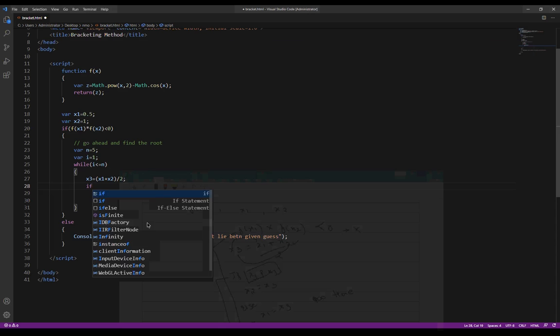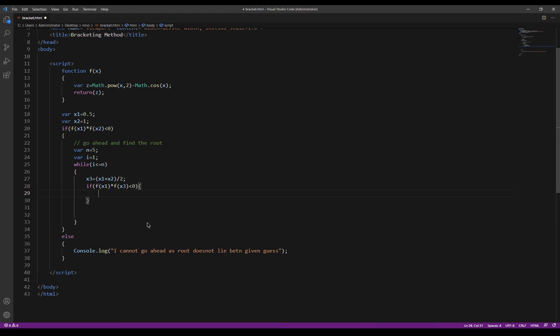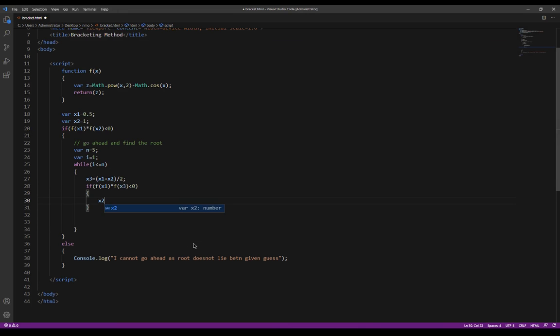So I make a decision: if the function value of x1 into the function value of x3 is less than 0, it means the root lies between x1 and x3, and x2 is of no use. Therefore I write x2 equal to x3. This is the replacement I am doing. But